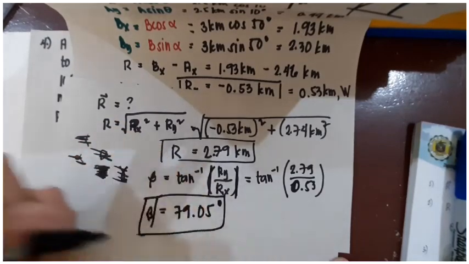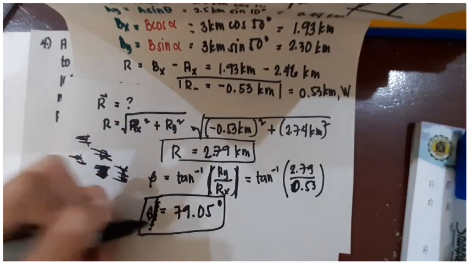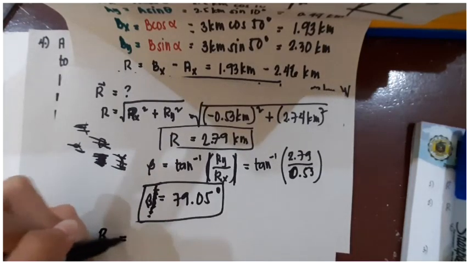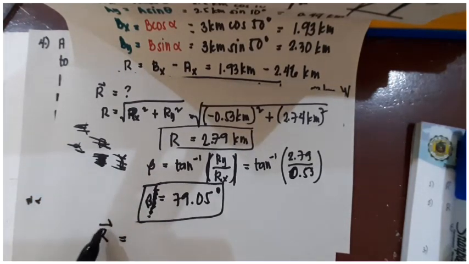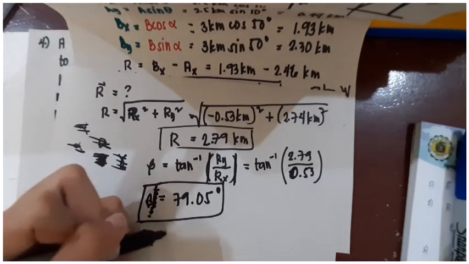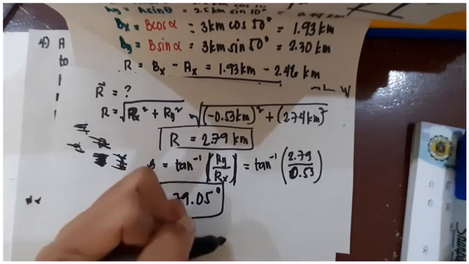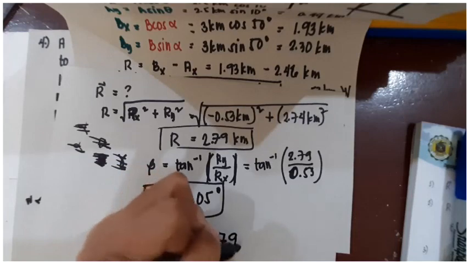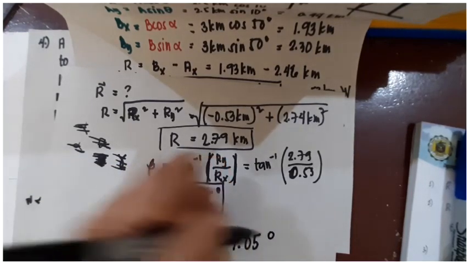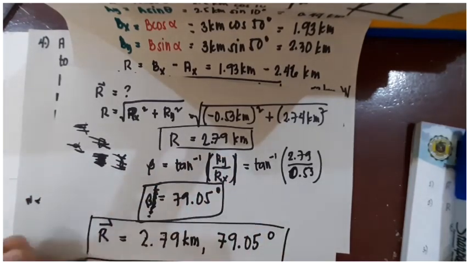Sorry. So that is now your direction. So your final answer now is R with an arrow sa itaas. Since this is now your vector, 2.79 kilometers, 79.05 degrees. So this is now your final